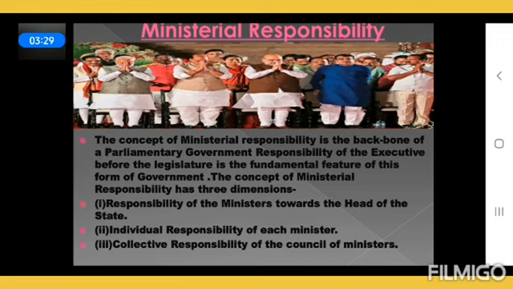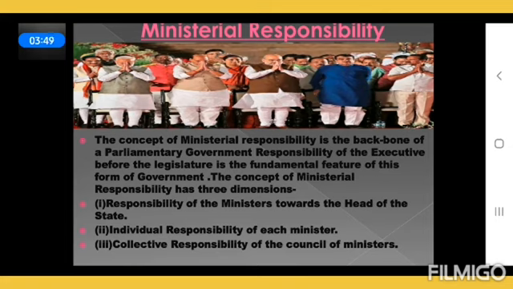So what is the meaning of censure motion, students? By passing the censure motion, the legislature can show its displeasure and dissatisfaction with the working of the department or with the working of their ministers. And the passing of the censure motion also means an expression of a lack of confidence in the minister against whom it is passed, and after this motion has been passed, he has to resign. So that is why they are individually responsible towards the parliament, individual responsibility of each minister.